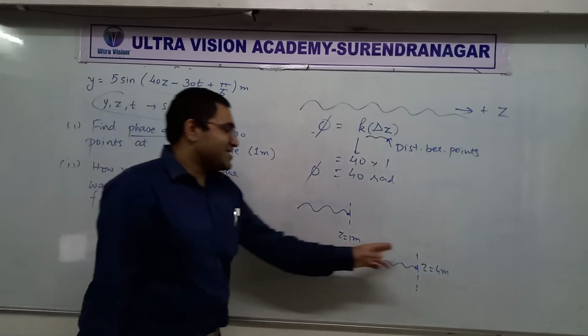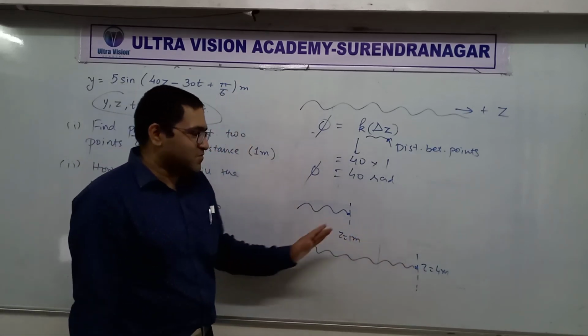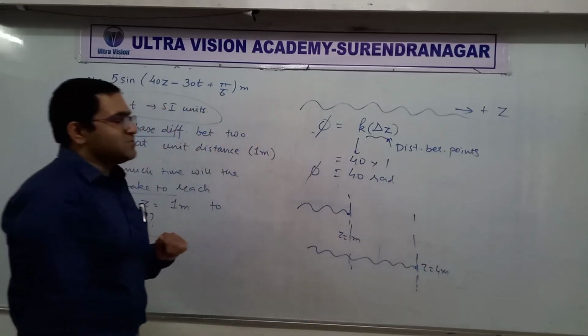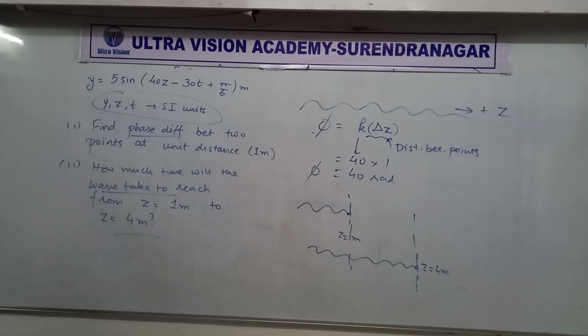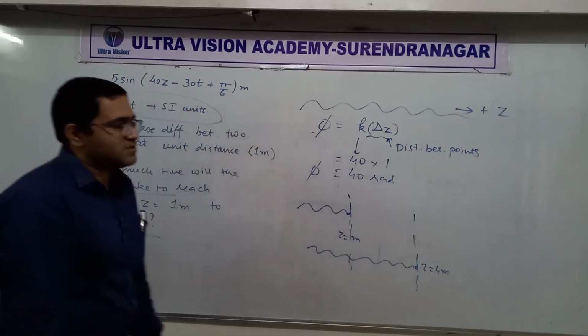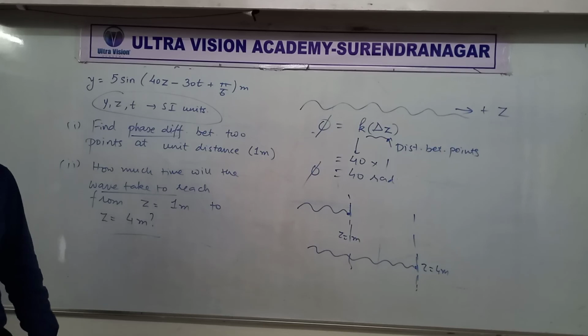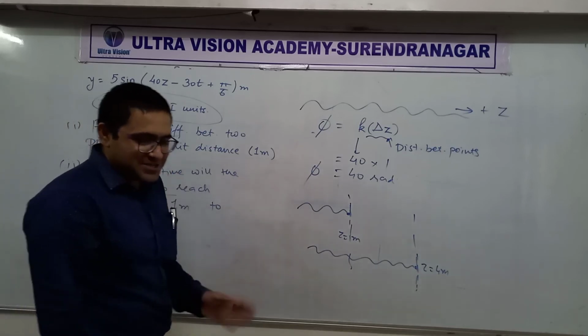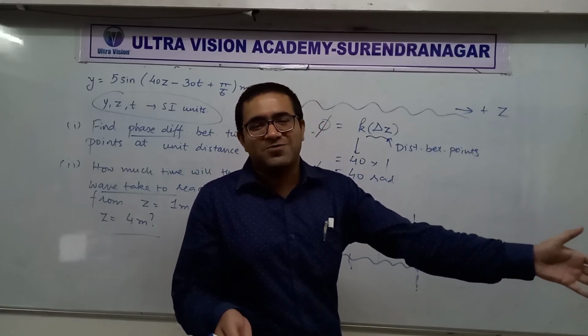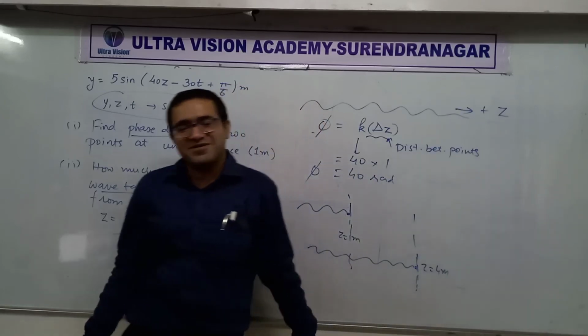Okay. Come on here. Which quantity do we need to find? If you want to know how much time will it take to go from here to here, which quantity do we need to find? Delta T is the question. Fine, but it is related with which quantity? Wavelength. Are you sure? Wavelength tells you how much time it will take to go from here to there. I am standing here and I start walking and you want to find in how much time I'll reach your house. Then what does that depend on? Come on.